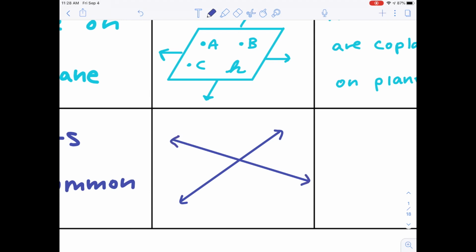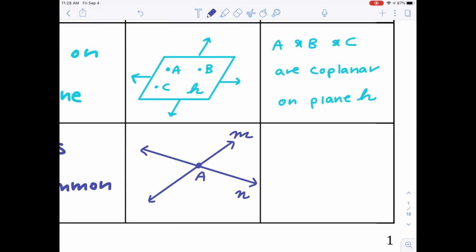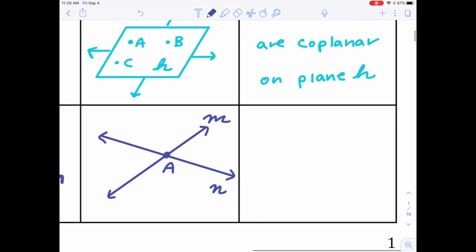So you could have 2 lines, you could have line M, line N, and you could say, hey, these 2 lines intersect at a point, okay? Because when they're running into each other, there's a single spot in space where they're crossing and then they're never touching each other again. And the way you would say that using the notation is line M and line N